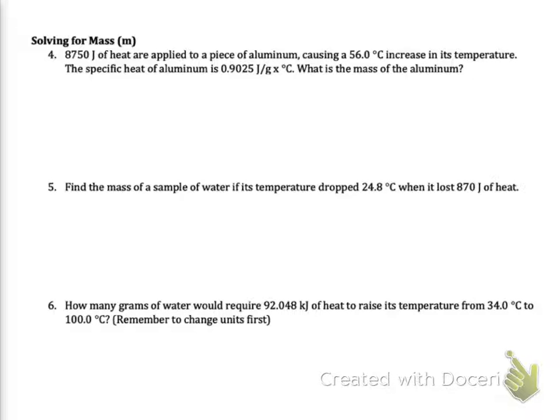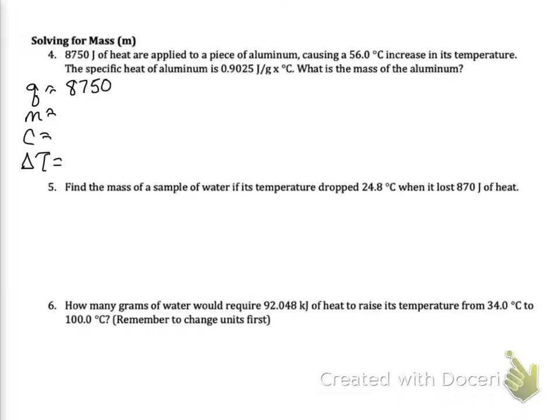Questions 4 through 6 ask us to solve for mass. So start by listing your variables, Q, M, C, and then delta T. And question 1, or 4 I should say, says if 8,750 joules of heat,